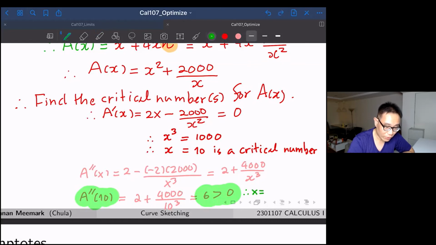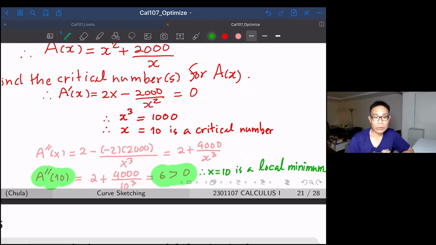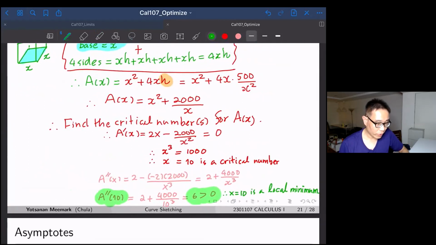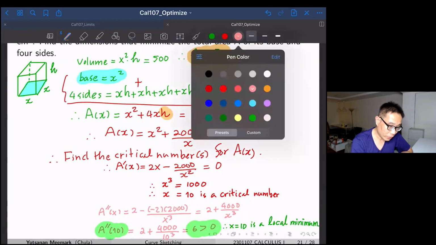is local max or local min. In this case, it's gonna be local min because it's opposite, right? So this guy x equal to 10 is a local minimum. So this one gives you the thing that you're looking for, minimum surface area. And the dimension that we're looking for turned out to be,